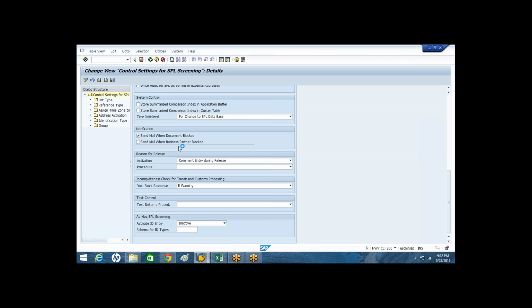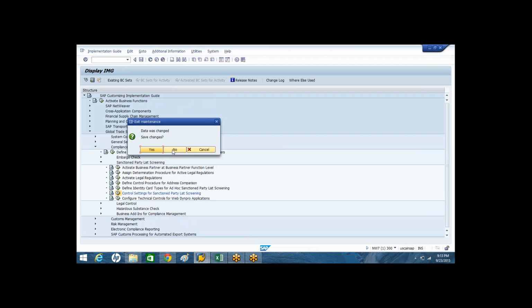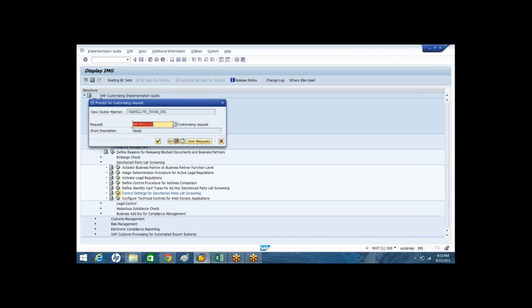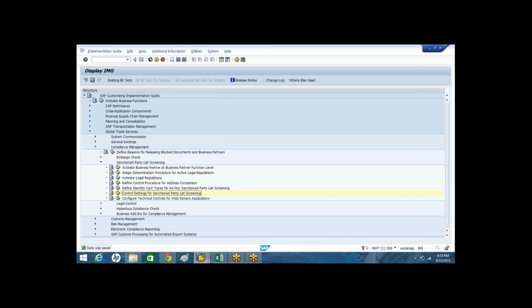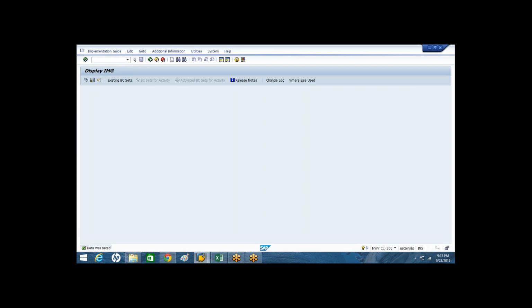Can anyone of you tell me, I already explained one time, what additional configuration we need to do? What additional settings need to be done apart from this activation? Excellent.